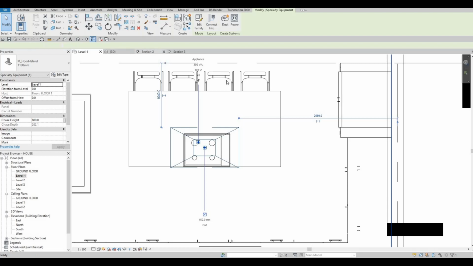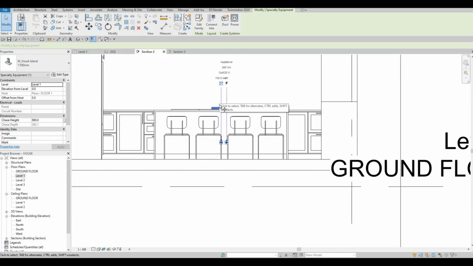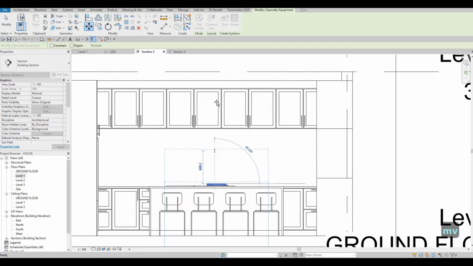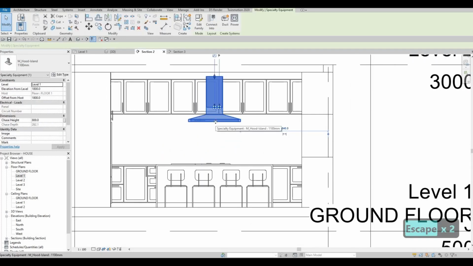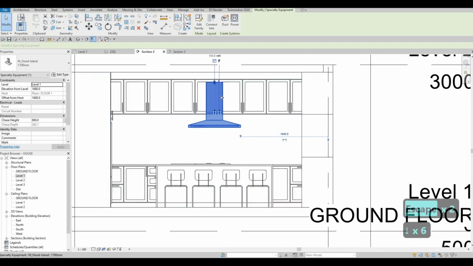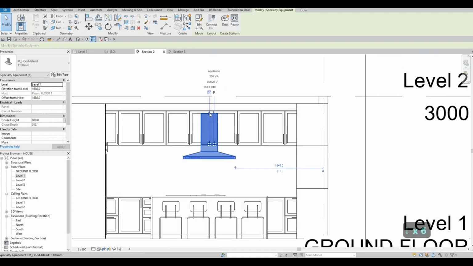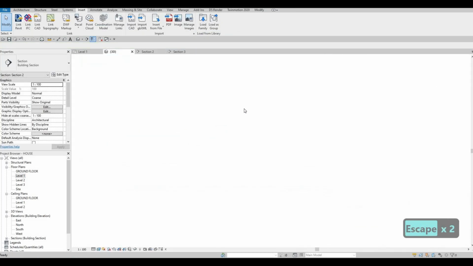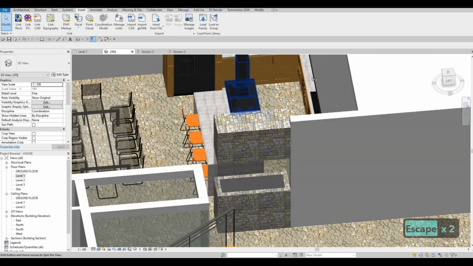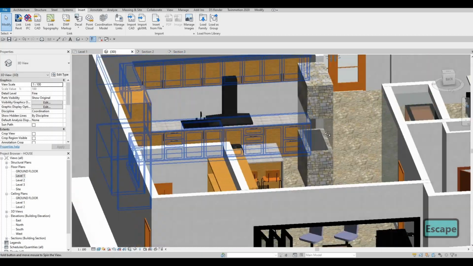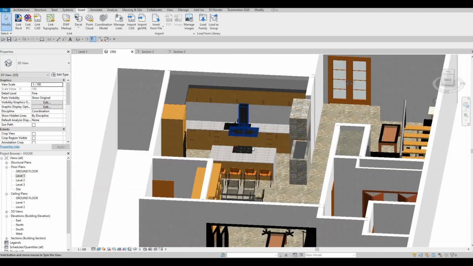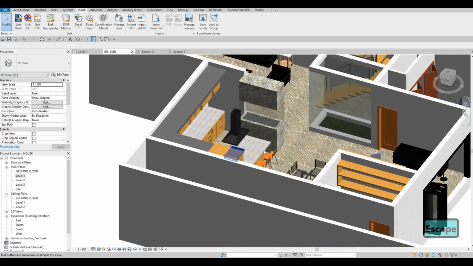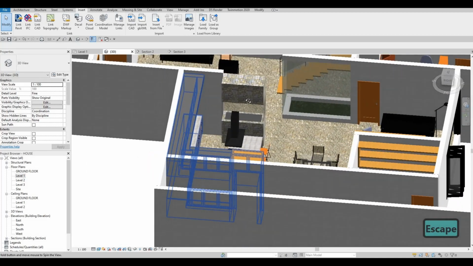And then after that, go to section 2 and then move it going to the top, all the way at the top. If you think this is too low right now, we could just push it all the way right there. So now we have something that looks like this, and as you can see, everything is looking fine into our model or our design right here. So I'm happy with the way it looks,